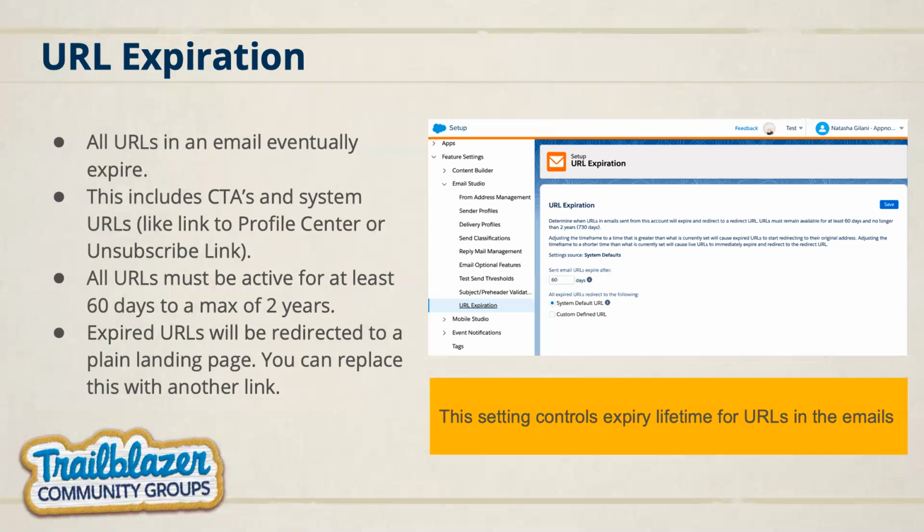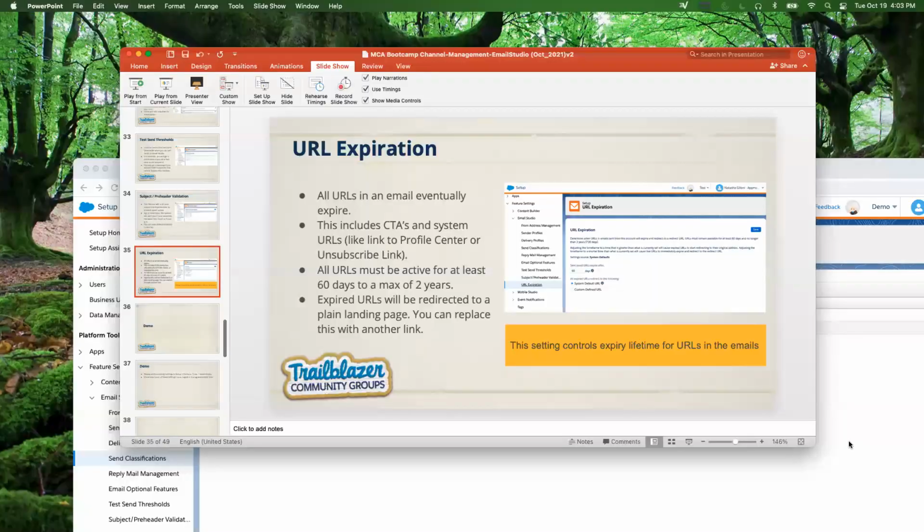This is also one of those questions that I've seen being asked quite a few times, like URL expiration. What's the maximum setting that you can select? That's 730 days. But you have to make sure that, at minimum, you give people enough time. So 60 days is a good minimum. With that said, I will go back to